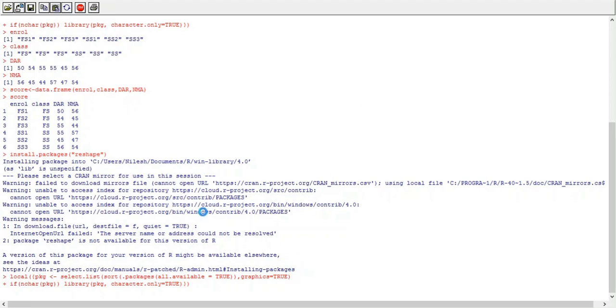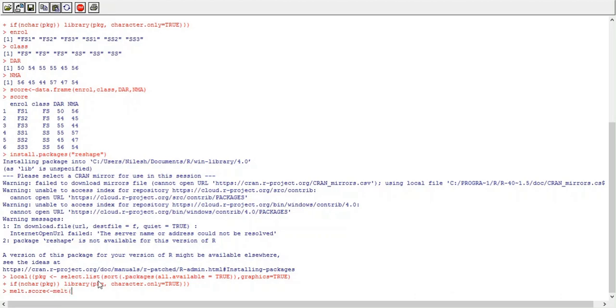So melt dot score equal to, write down function melt.